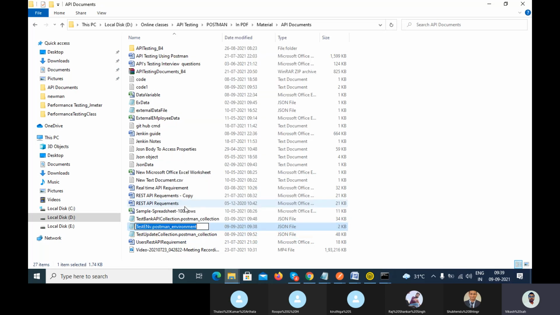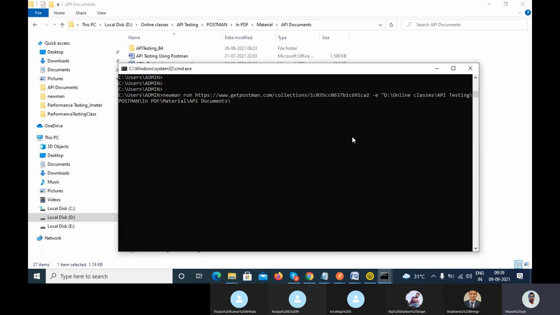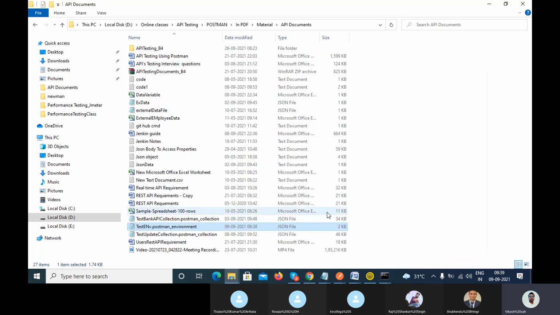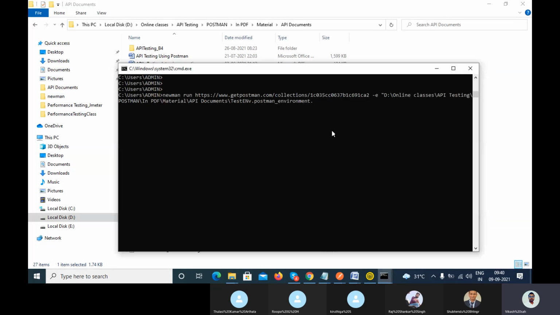So copy that file name, go here and pass the file name. When the file is exported, the extension is always JSON. Here you can see JSON, so here you have to use JSON, correct? Now, when you execute this,